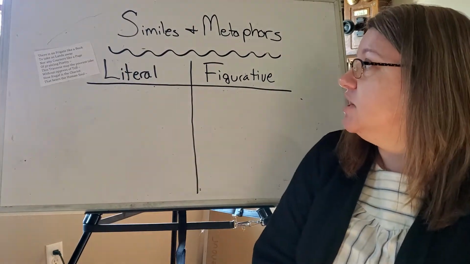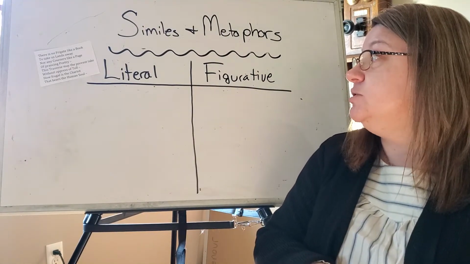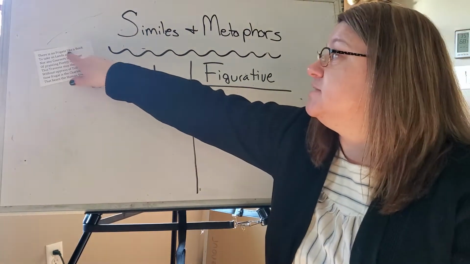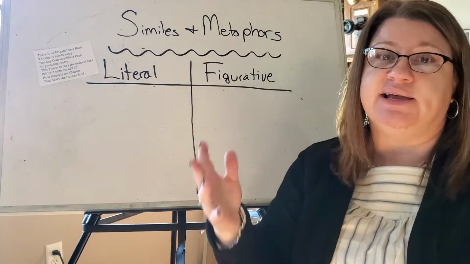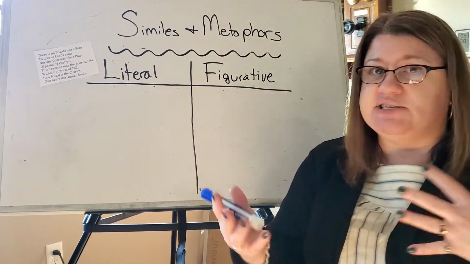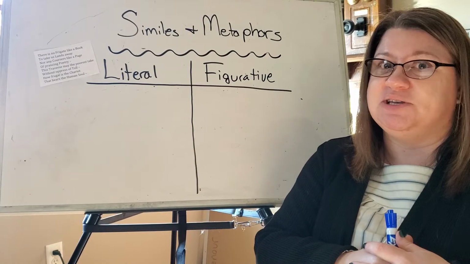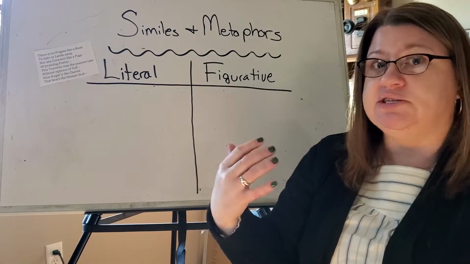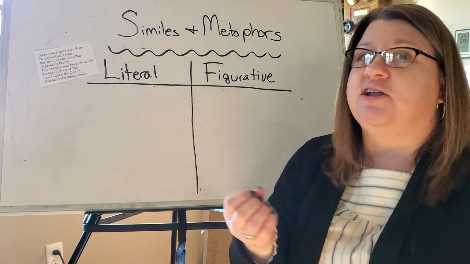So let's look at the first two lines in the poem. She wrote, "There is no frigate like a book to take us lands away." We know that this is a simile because of the word like, but what's being compared to what? I like to give this poem on a quick comprehension quiz in my class just to see if students really do know what figurative language is and how it works. And this one usually throws kids for a loop if they're not being careful and paying attention. Why? Because we're normally taught that the first thing is being compared to the second thing. And that's not always true.